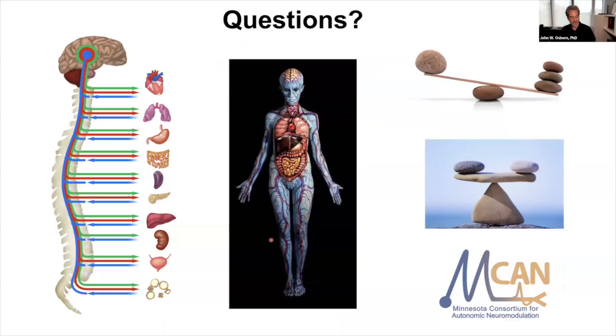Okay, I know that might have been fast and furious, but that's basically the approach we've had. We've been focused on the kidney, but like I said, I think a lot of people, certainly in this audience, are well aware of the fact Spark is targeting other organs as well, both in afferent and efferent. So I'm happy to take any questions at this point related to this or the reveal or whatever. So thank you.